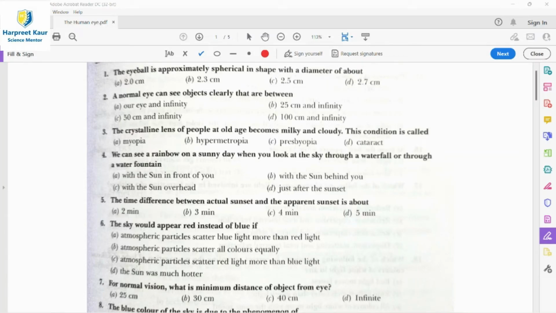Today we are going to do the MCQs of Chapter 6, The Human Eye and the Colorful World. So, the human eye helps us to see the things around us, and it works on the refraction of light through a natural convex lens that is made up of transparent living material. We see the things around us with the help of the eye, which is the most important optical instrument gifted to us by God.